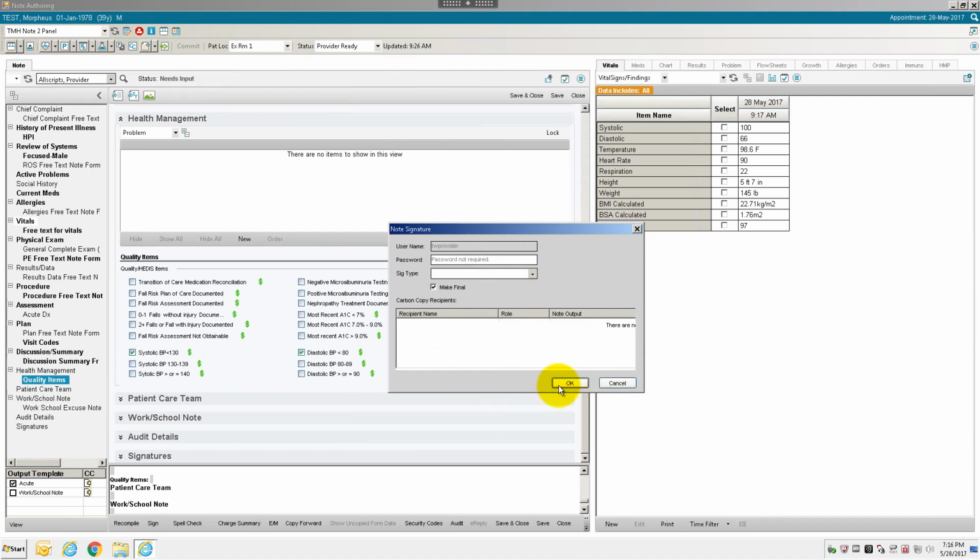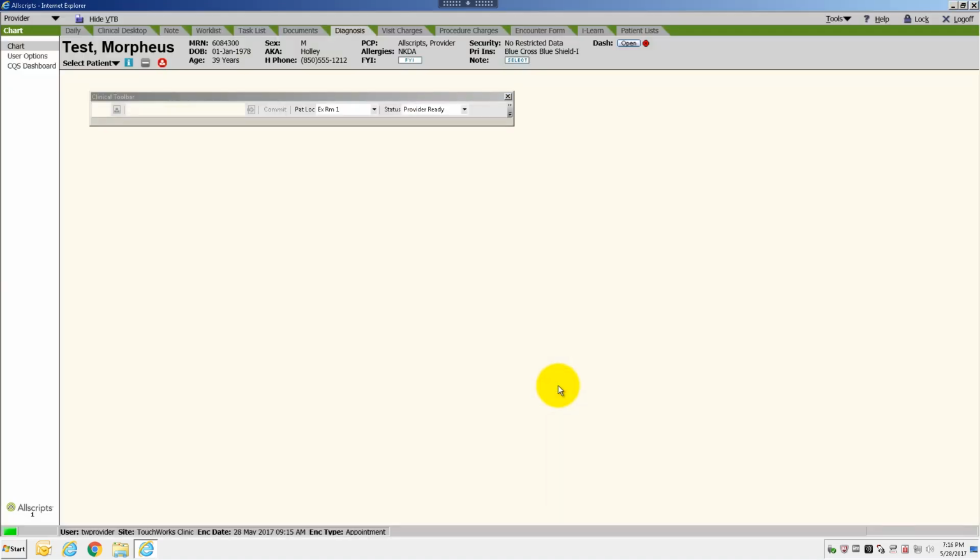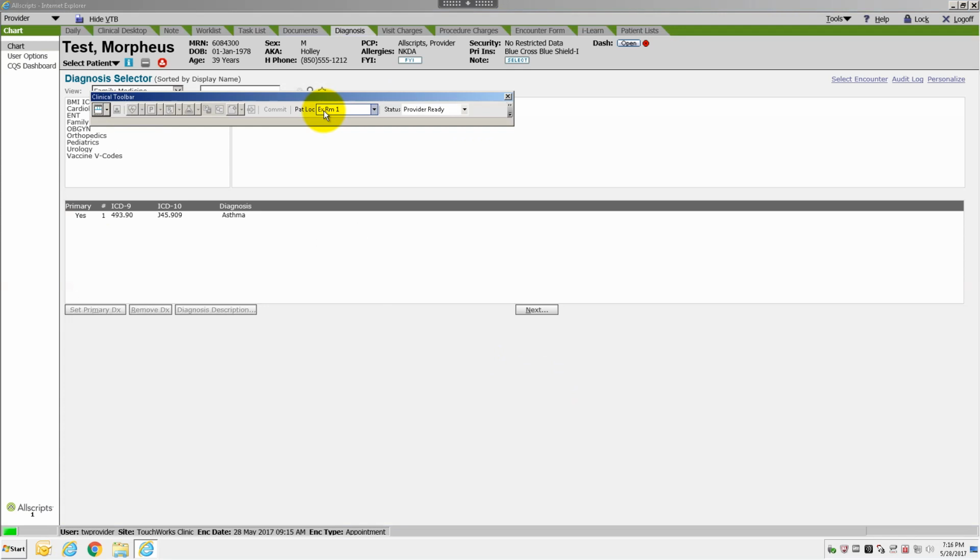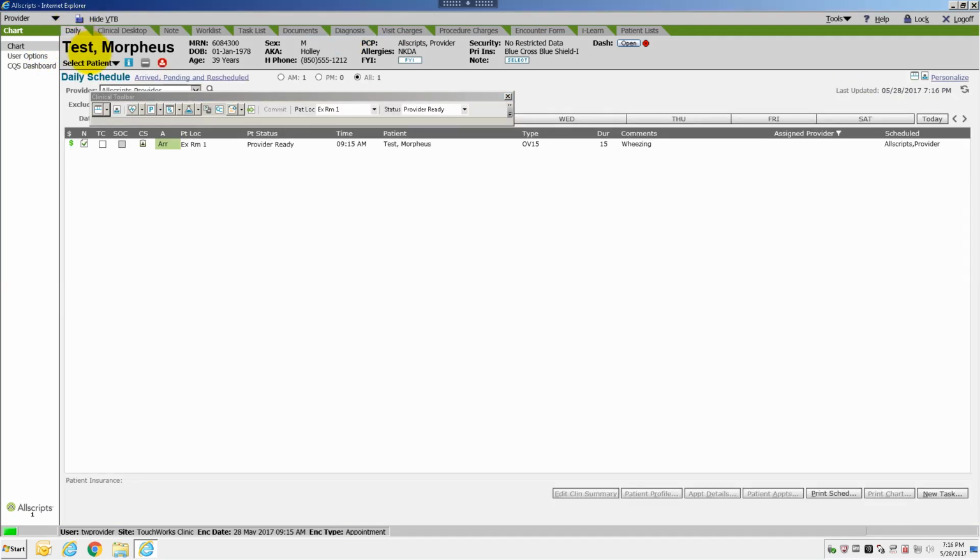So submit and sign, confirm your note signature. You'll notice after you do so, it takes you to the billing area, but you're already done. That's just kind of, all you have to do is just jump back to the daily schedule. And so back on the daily schedule, I now have a $, and I now have a checked off note. So with one click,